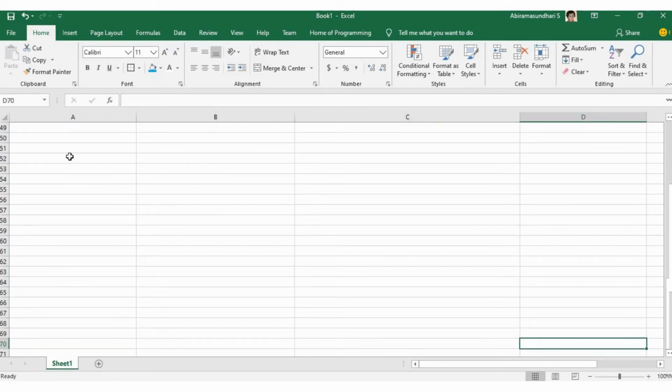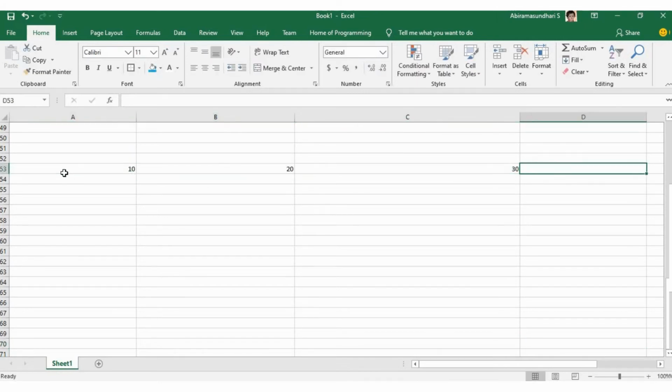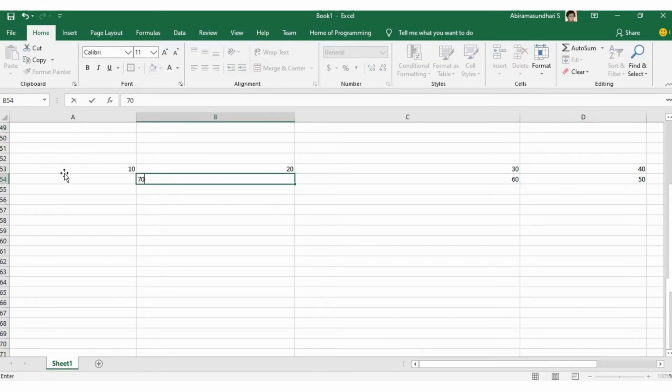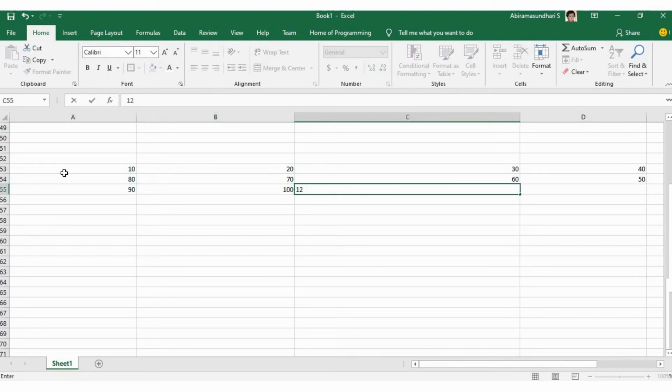we can type some content here, and after that, let's have some 4x4 columns.